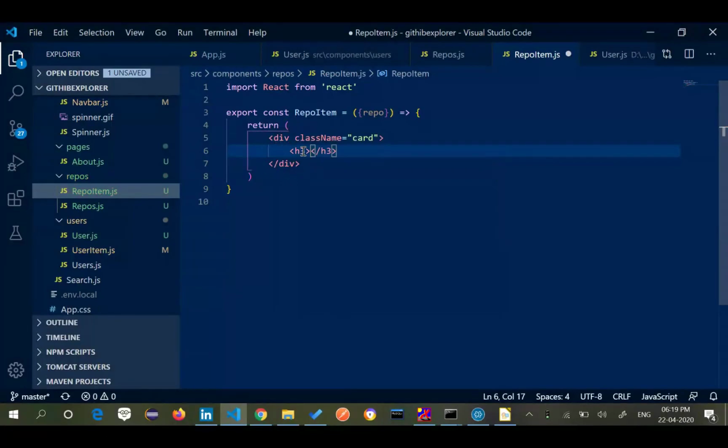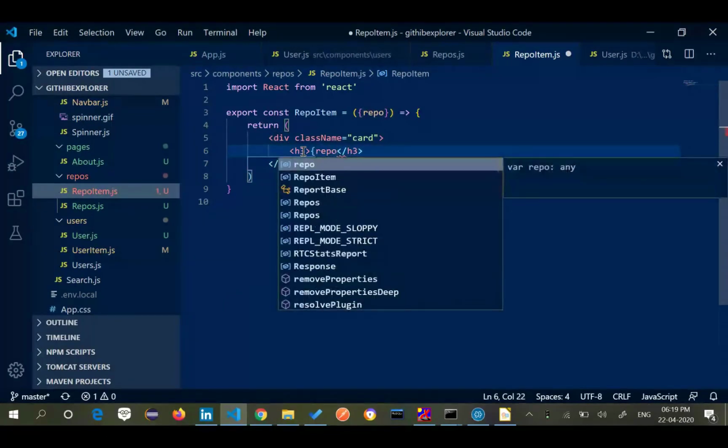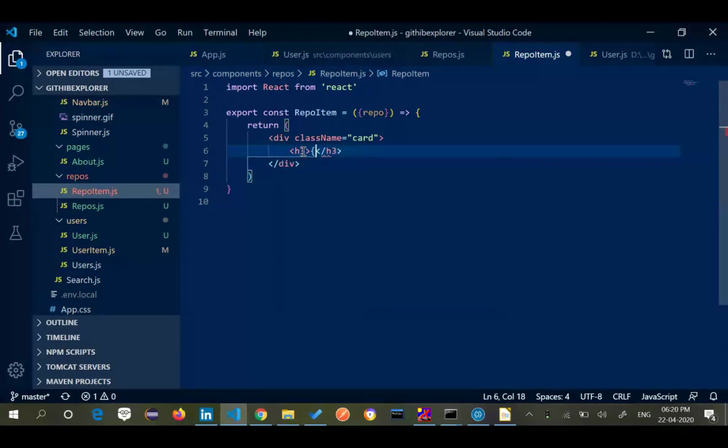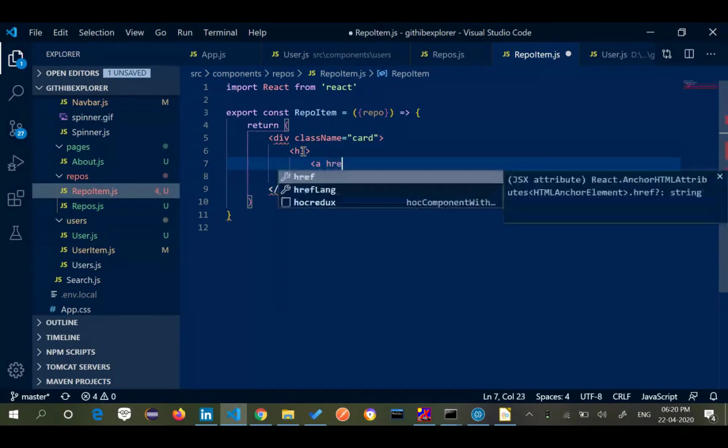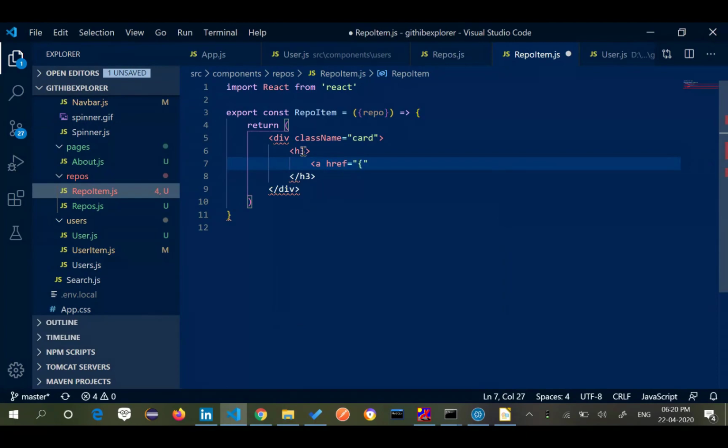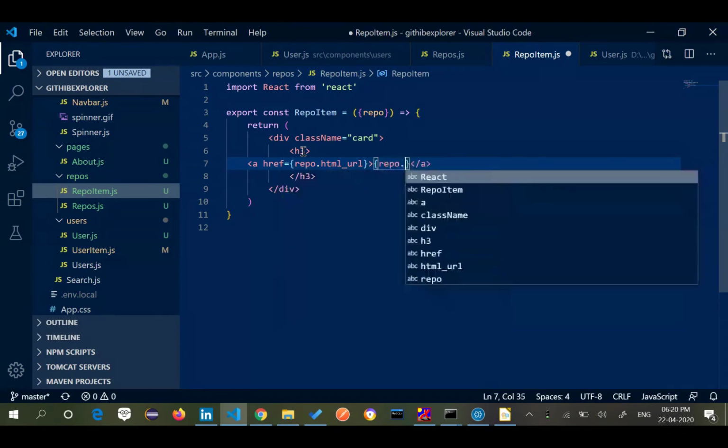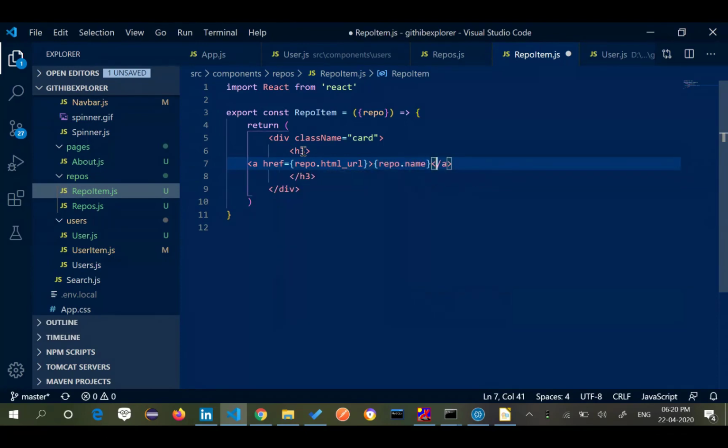In my H3, I'll add an anchor tag with href is equal to repo.html_url, and show repo.name. Then the end of the a tag and the end of the H3, and this is how this will look.